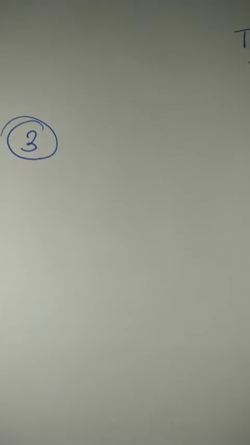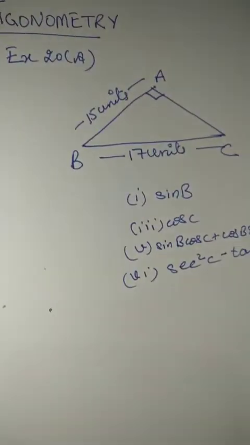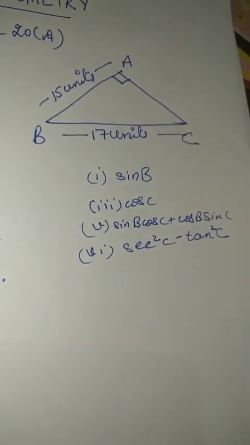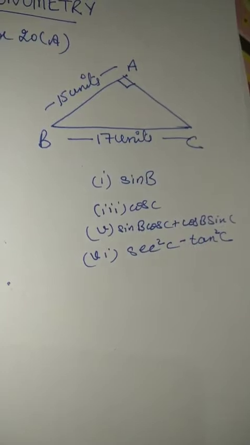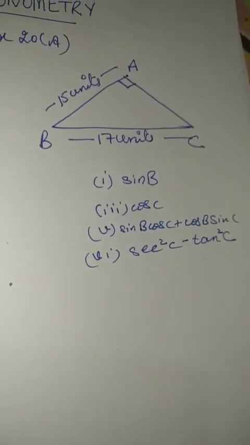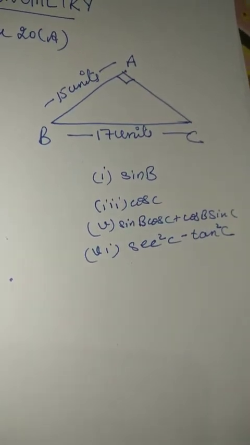So for that today we are starting with question number 3. Let's take up few parts that I have mentioned over here: the first part, third part, fifth part and sixth part. Today we are going to see how we calculate a particular trigonometric ratio based upon a triangle, based upon the sides and the values given from that very triangle.